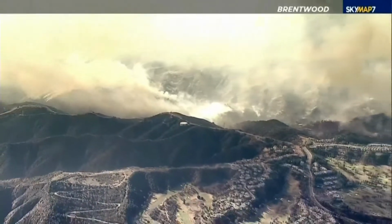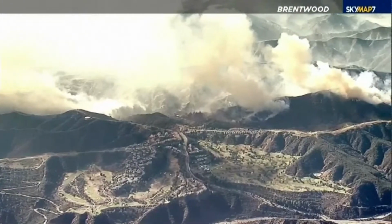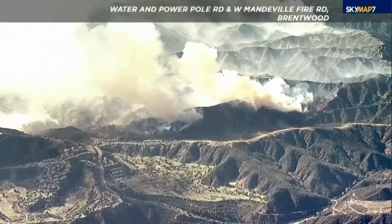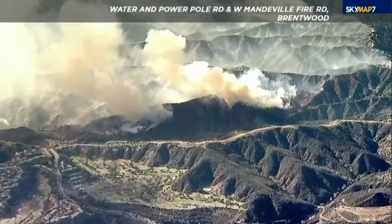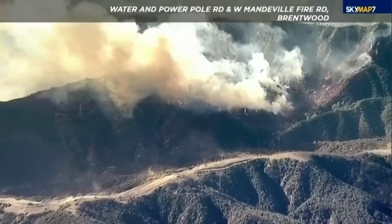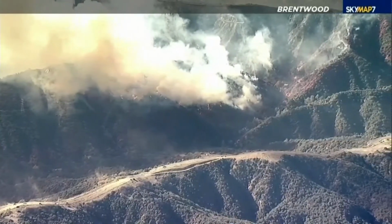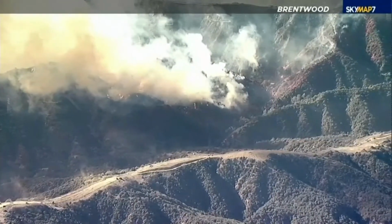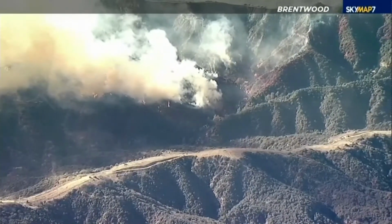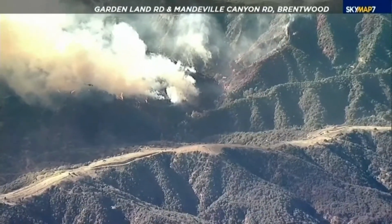We saw the DC-10 tanker here earlier, the C-130 Hercules tanker here earlier, and they have departed to refuel and reload. They have to go to a bigger airport and reload with that fire retardant. The DC-10 went over to San Bernardino. They're going to refuel there and hopefully come back. There's requests out for them to come back, so we're going to keep an eye on that. But the focus right now is, my pilot's just telling me that he's hearing from air traffic control that one of those tankers is on their way back right now. So we're going to see that continued aerial attack